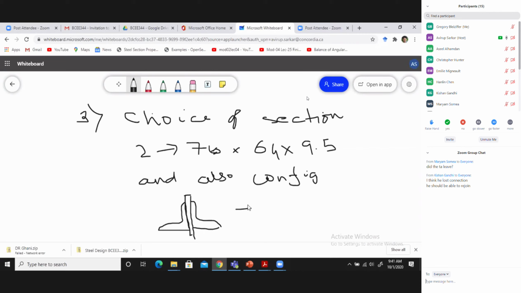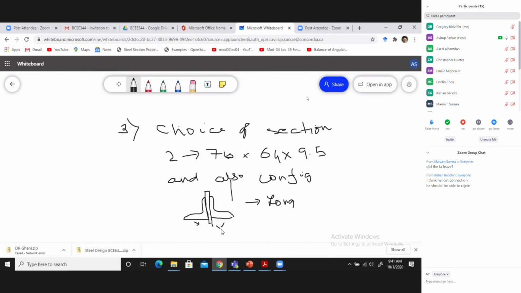So here they have gone for long legs back to back. Means these two are basically the short legs. This is the short leg. This is the short legs. Okay. So long legs back to back. If you make an assumption of equal angles, then this long leg back to back or short leg back to back, this is ruled out. Okay. So long legs back to back.